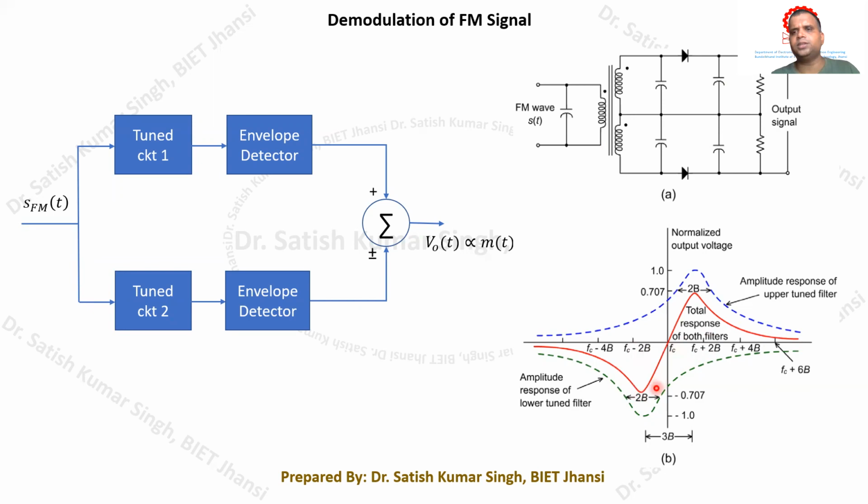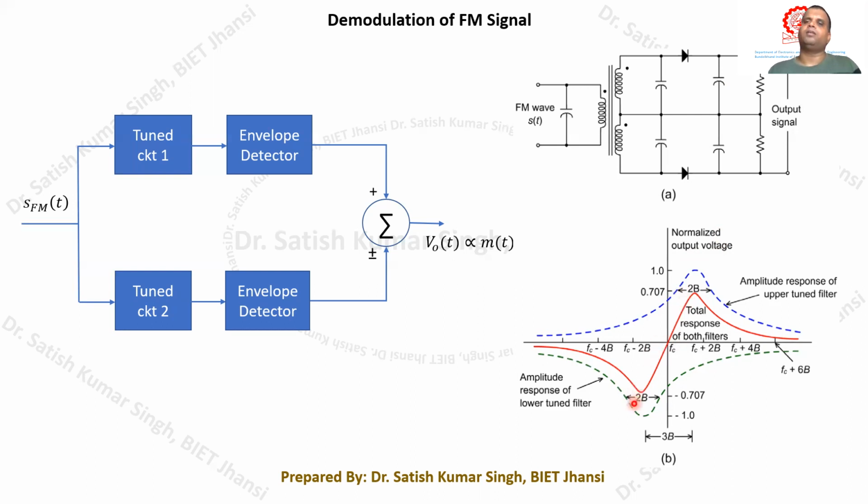Within this range, in which it is a linear portion, that will be sufficient to do the FM to AM conversion. You must be thinking why it should be 0.707. You remember that after a 3 dB fall, in any of the characteristics, the most linear fall you will be expecting is after the 3 dB fall. A 3 dB fall corresponds to 1 upon root 2. So whenever the magnitude of the frequency response curve becomes 0.707, whatever the fall after that, it will have the most linear portion. We are taking that into consideration.